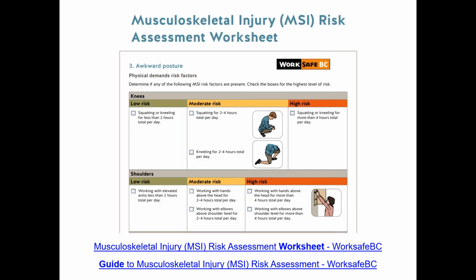So in addition to just identifying that the risk factor is present, what this tool does is actually helps you assess the level of risk from that particular risk factor or combination of risk factors, okay? So it gets to the point where it allows you to determine whether it's a low, moderate, or high level of risk. So these tools can be used, if you wish, to help you in assessing the level of risk of MSI in work that you're assessing.